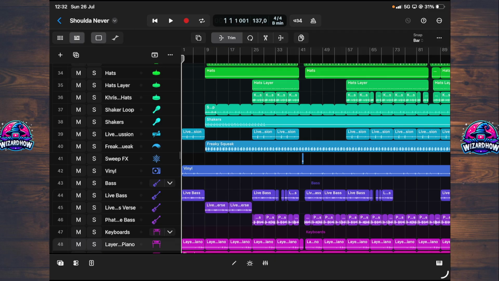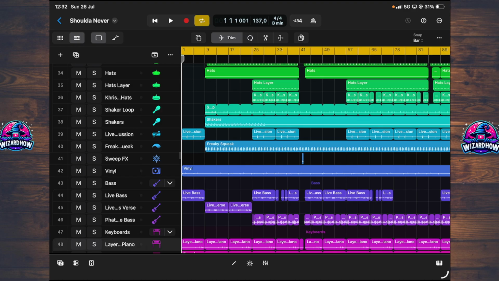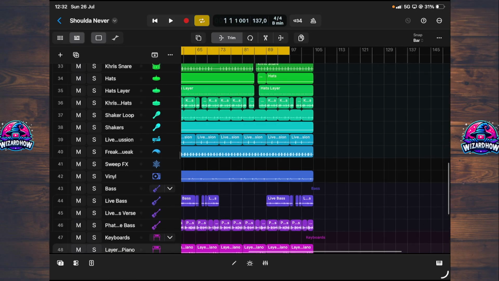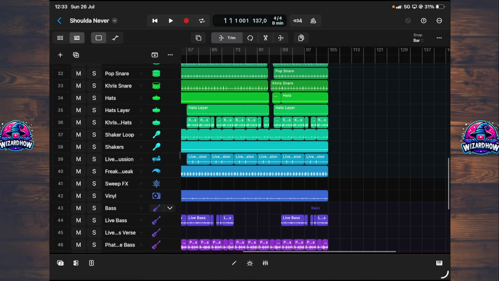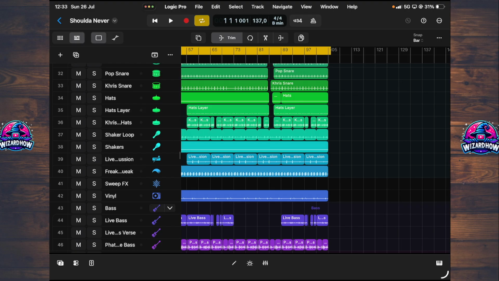So let's get straight into it. Now turn on the cycle tool, the yellow bar at the top. So this one right here. You see now this yellow all the way. So what we need to do here is fix it a little bit all the way to the end like that. So we will cover that and leaving room for reverb tails. Okay. Now what we are going to do next is we can slide down here a little bit and now